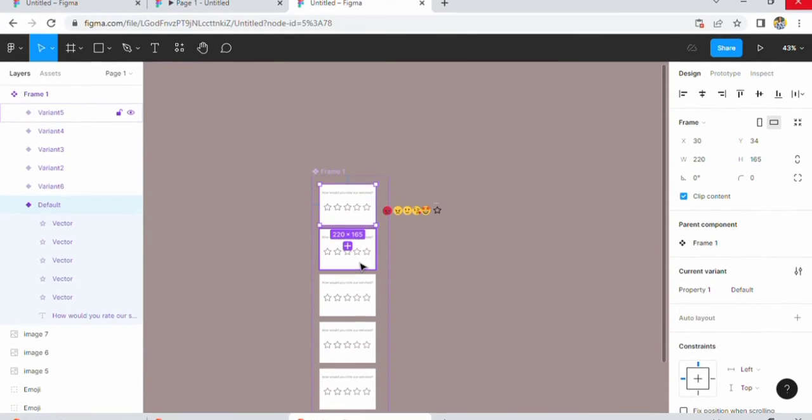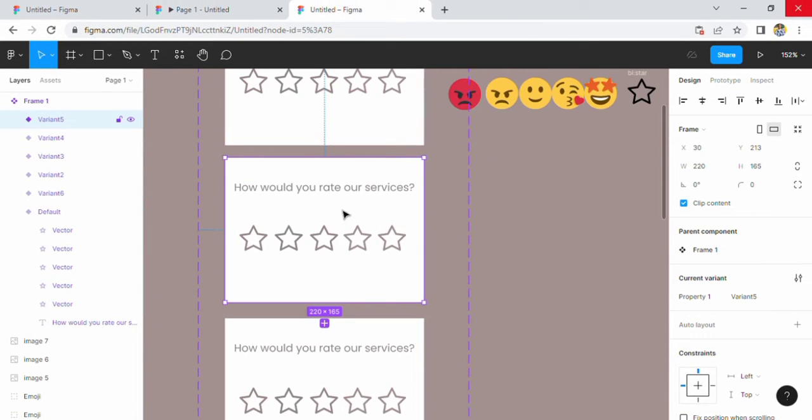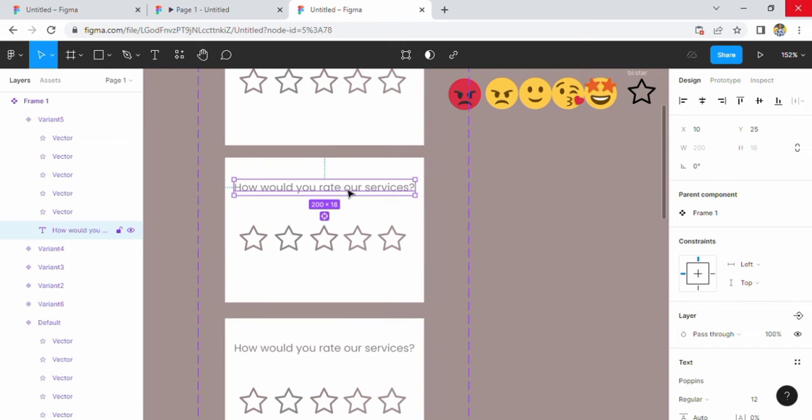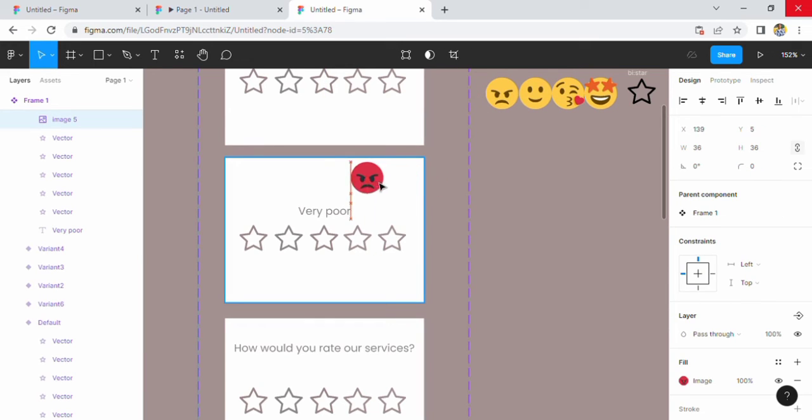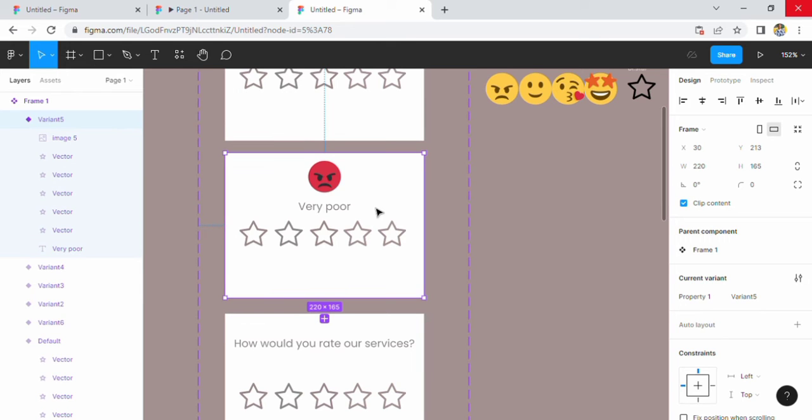Go straight into editing the text. So let's say this is a 1 star. We'll give this a text, let's say very poor. Then I want to bring this closer to the stars and center it. Then this emoji, I want to bring it right into the frame and center it as well. Very poor. Then for this one we'll give it a text,